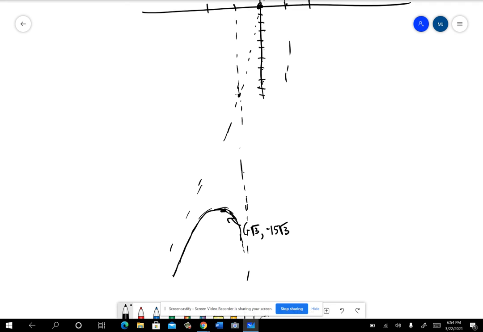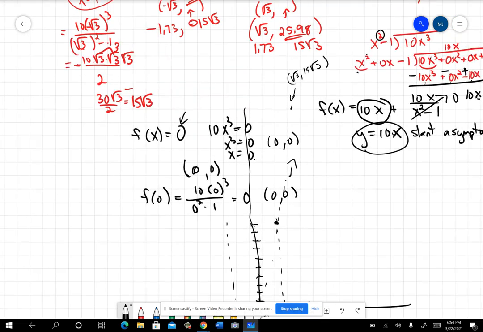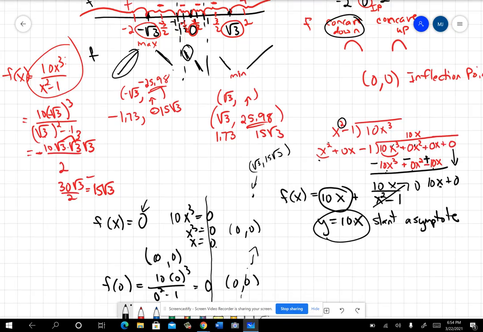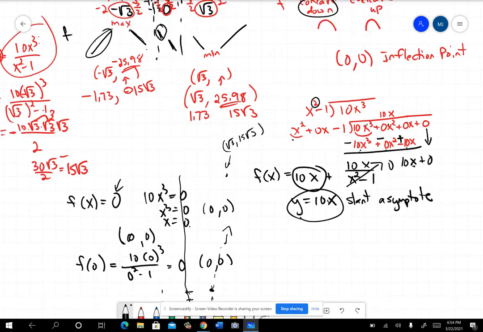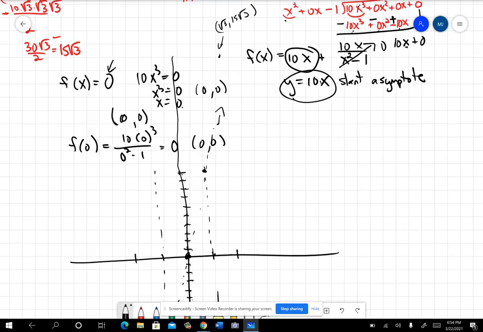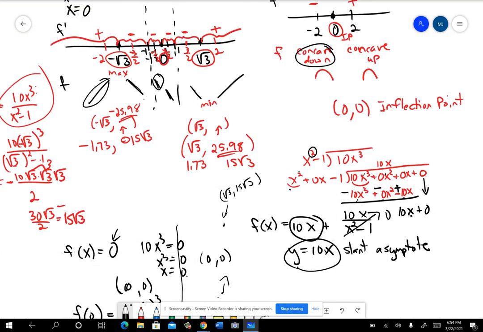All right, now, when we're in between -1 and 0, let's see what's happening there. All right, so when we're in between -1 and 0, so that's in here, it's going to have to be decreasing, but decreasing and concave down. Decreasing and concave down. Okay, and let me see if I'm right here. Okay, so it's decreasing and we're still to the left of 0. So it's going to have to be,